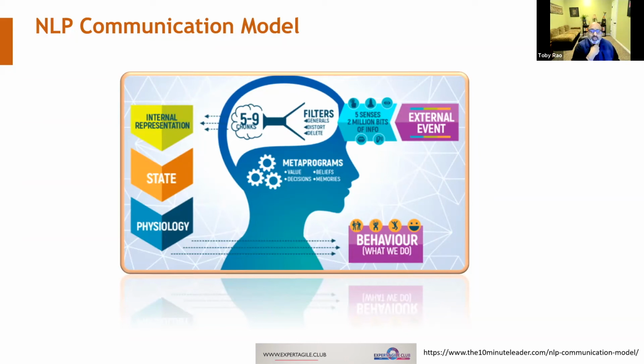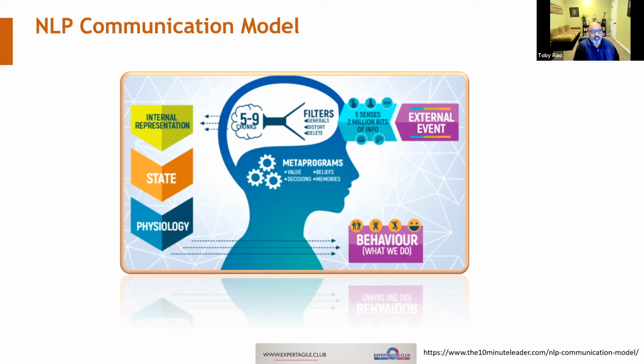Other things could be decisions we've made in the past. A lot of times when things go wrong, people panic because they are reminded of something that happened which had a negative outcome, and different people react to it in different ways. Also, people have different fears. For example, a lot of people have fear of heights, some people have fear of darkness, and so on and so forth. So there's a lot that actually happens inside our mind.